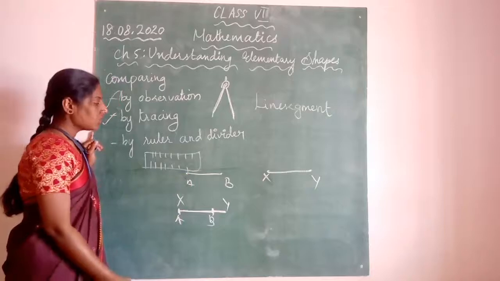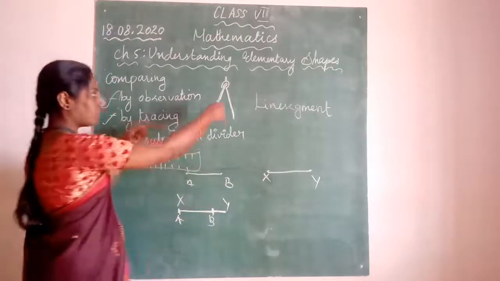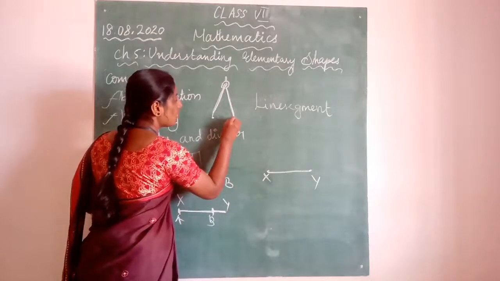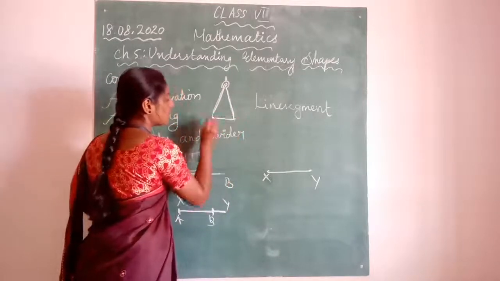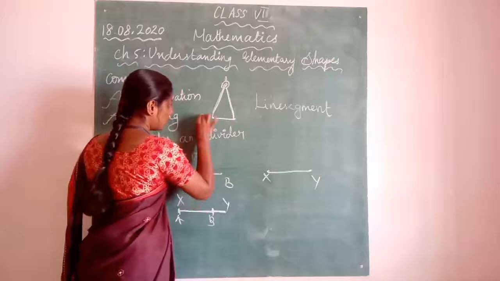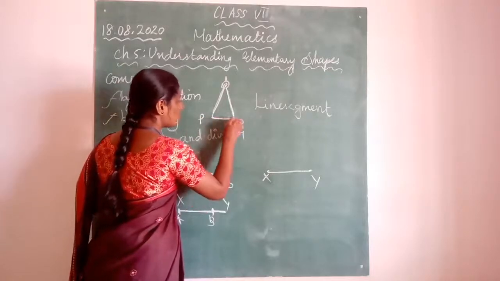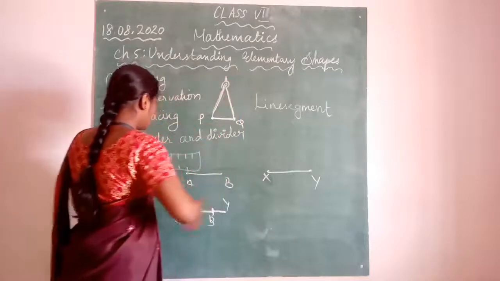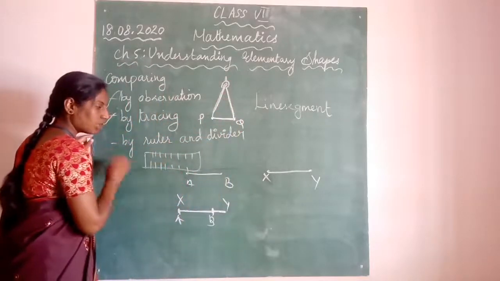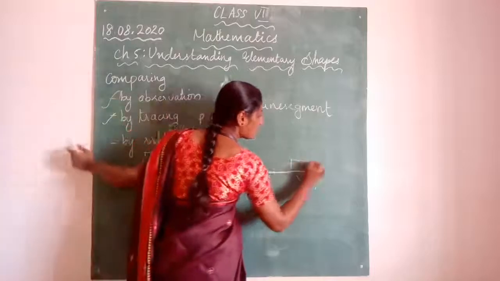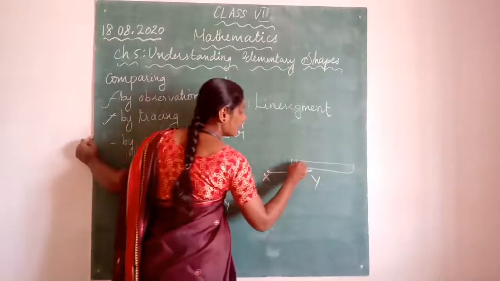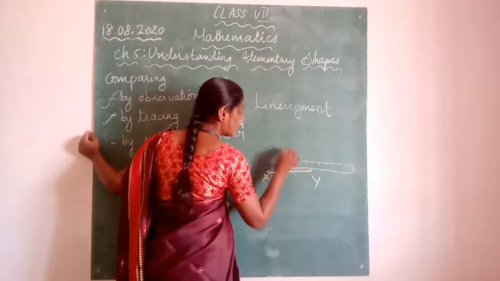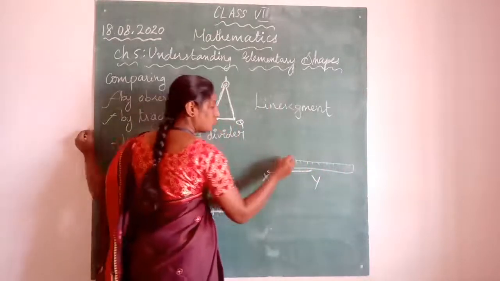So what you can do, you can take a ruler and place it along the end points of a line segment. For example, let this line segment be PQ. Now I am placing this on the line segment PQ. Now I will take this divider and place it on the ruler like this. If this is your ruler, you have many measurements like this, and I will place this pointer. The first pointer should be at 0.